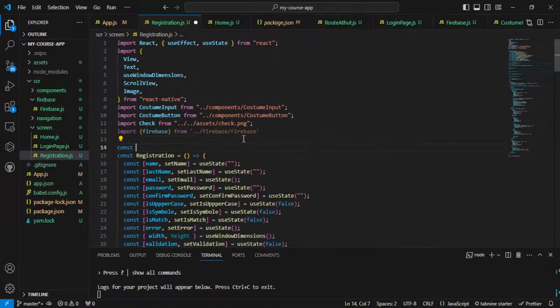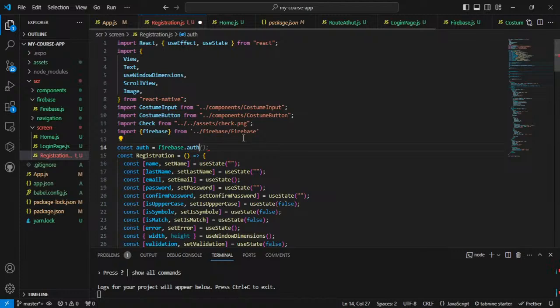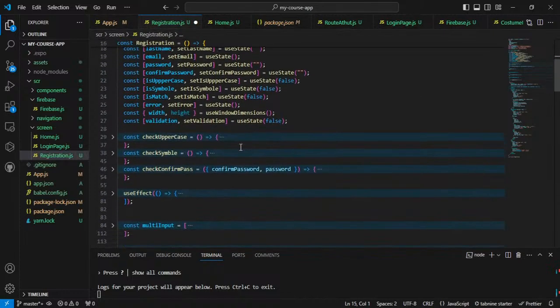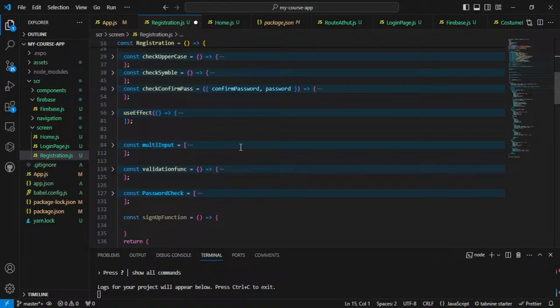And over here we're just gonna say the same way auth is equal to Firebase dot auth function, and what we're gonna do is, oh yeah, I forgot something, by the way. It should be an async function,